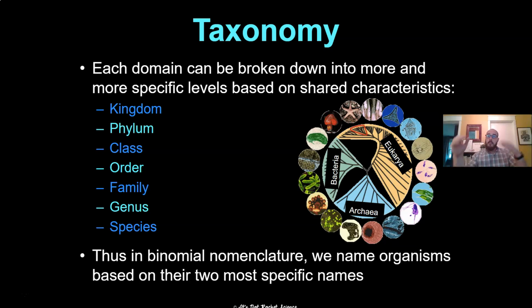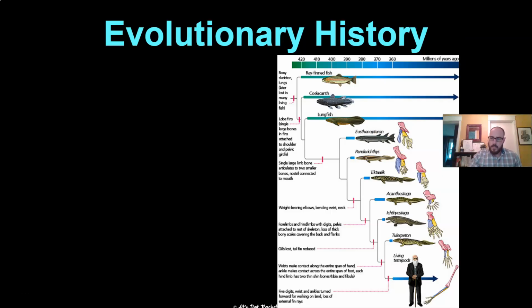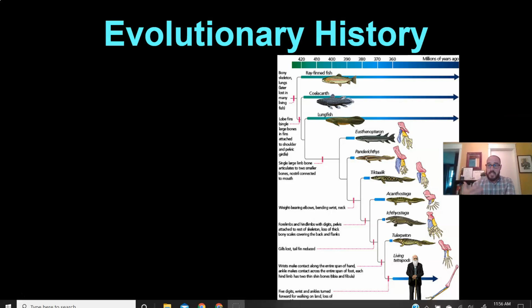All right, so when we finally get down to the bottom there, we end up with that binomial nomenclature, that genus, species. Okay, so we get to Homo sapiens or Ursus arctos. All right. So what is phylogeny all about? Well, really what it's about is showing the evolutionary history and these relationships and how closely related animals are. All right. And we do that a couple different ways.